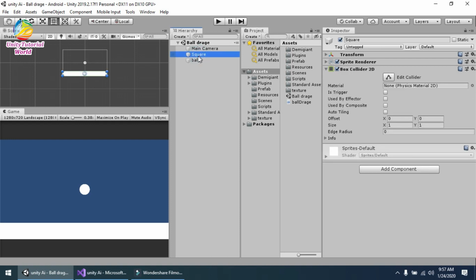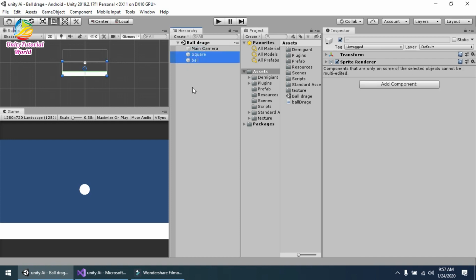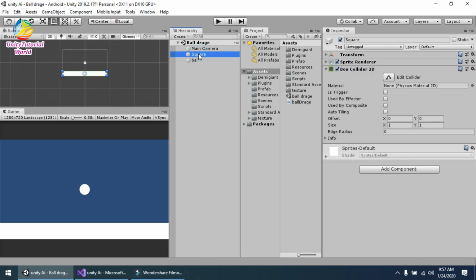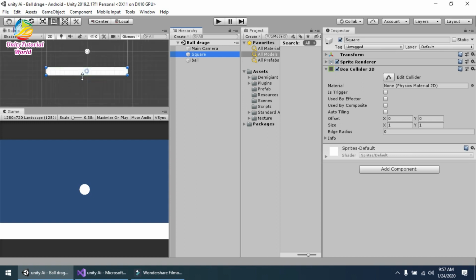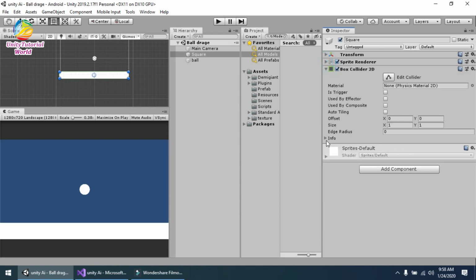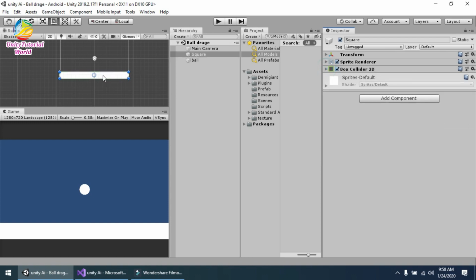First I will create a simple Unity scene and add a simple square, sorry for that, a bottom sprite, and add a Box Collider 2D on it and set its name to bottom.